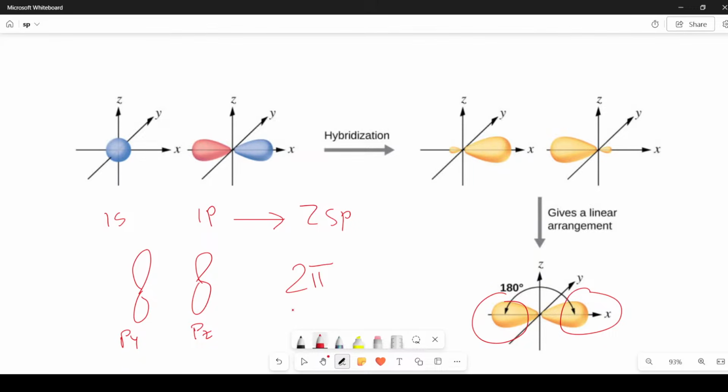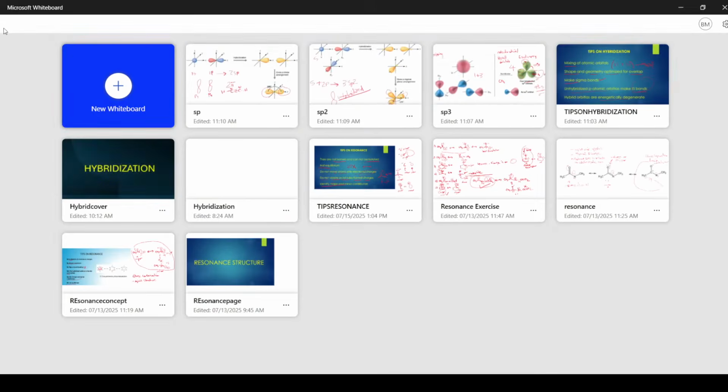So mostly you see this kind of hybridization in acetylene, for example. If you just look at this compound, this is sp hybrid, this is sp hybrid. So the 2 pi orbitals are made from 2 unhybridized p orbitals. Okay? So with this, once we have seen this, I'll just show you details of